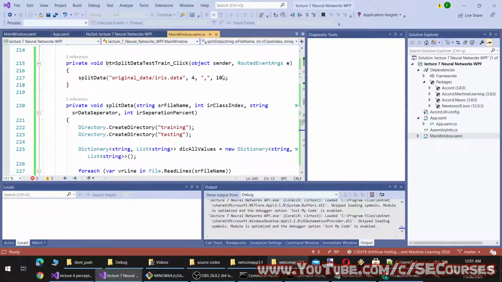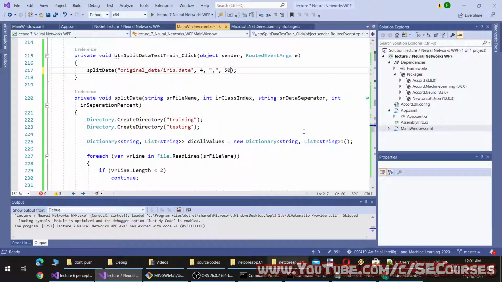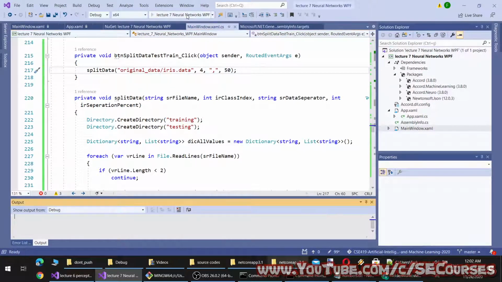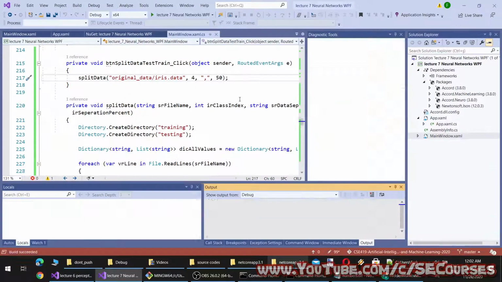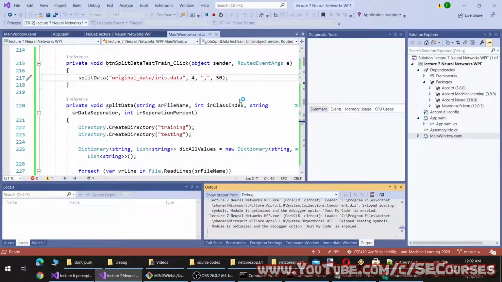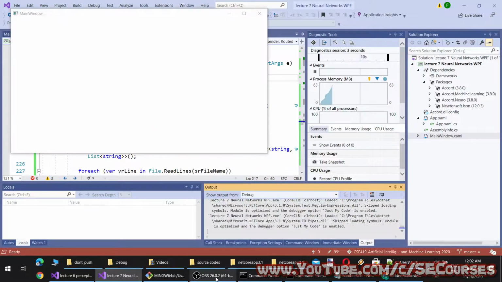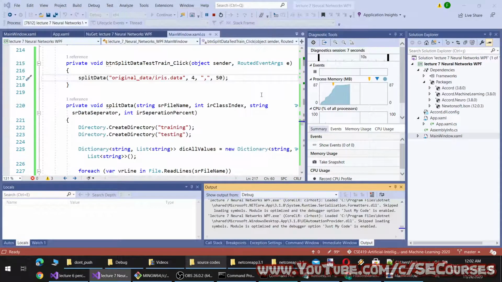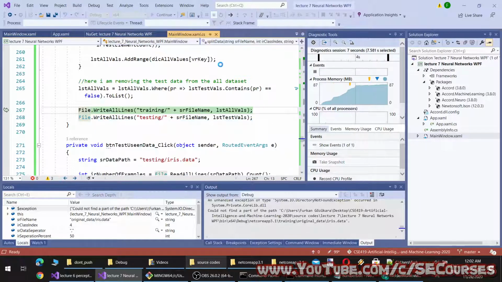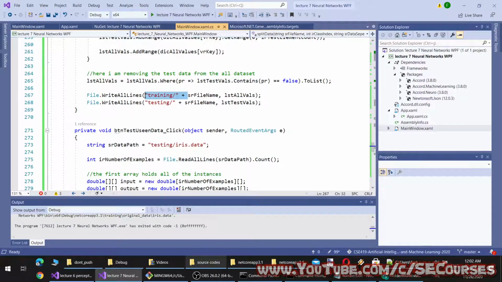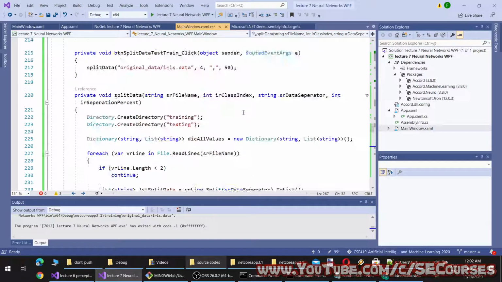Okay, let's change the percent to 50%. So it will be 50% training and 50% testing. That means we will have lesser data for training. Therefore, the strength of our model may decrease. Oh, since I have changed it to original data.